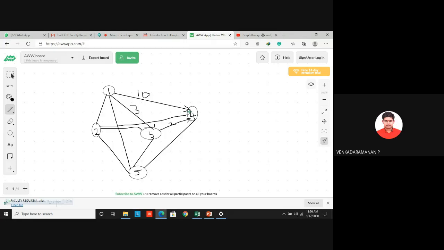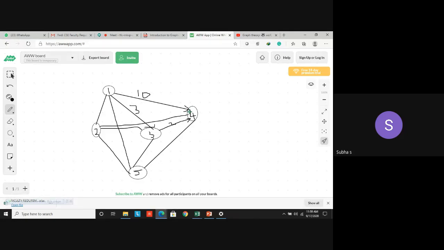Ma'am, we go to 3 and then go to 4. Why are you choosing that 3? Because that is the direct path also. Yes, shortest path, because by looking at the value only we are calculating. Though there is a direct path from 1 to 4, just for example I have mentioned this. There is a direct path from 1 to 4, but what is the distance there? 10. That is the value or weight there? 10. But look at the weight from 1 to 3. The value marked is 3, so I can reach 3, then I can move to vertex 4. The weight is 2, so 3 plus 2, totally 5 only. That will be my shortest distance.